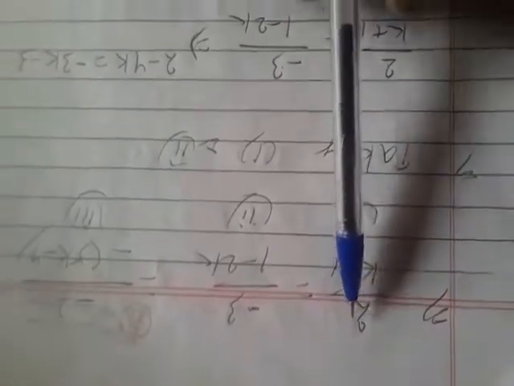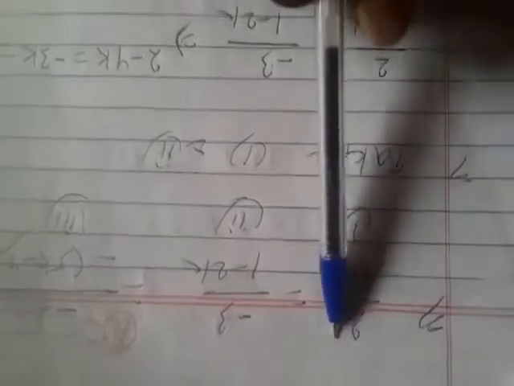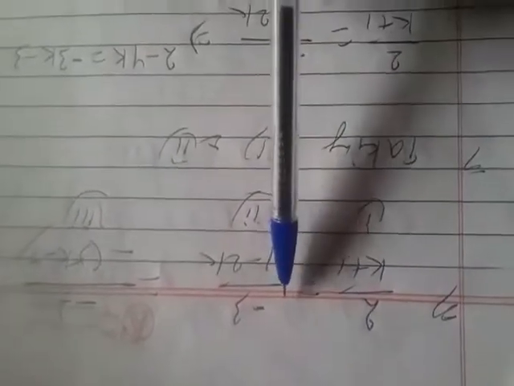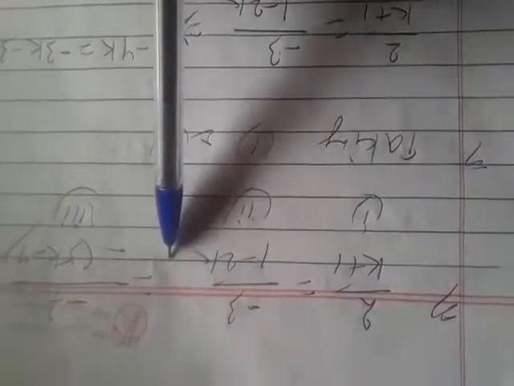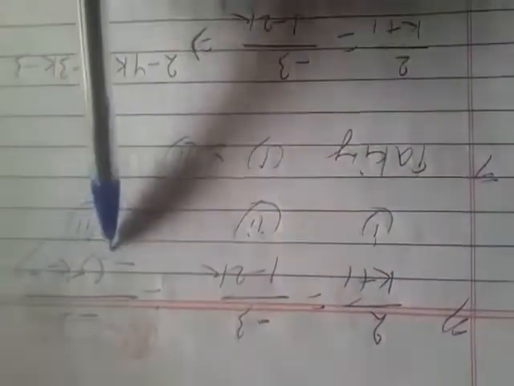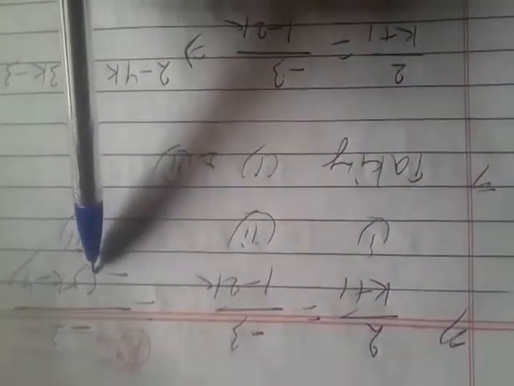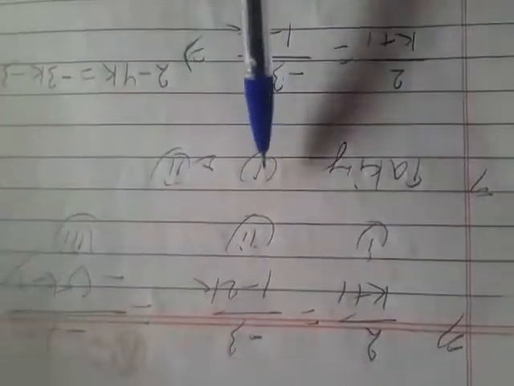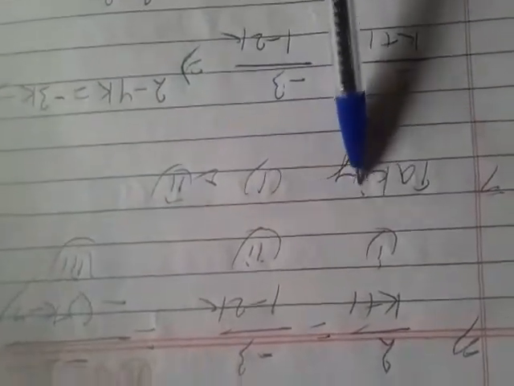Now we have put in the values of a1 by a2, that is 2 by (k plus 1), b1 by b2, that is minus 3 by (1 minus 2k), and c1 by c2, that is minus 7 by minus (5k minus 4). Now we have taken 1 and 2 together,